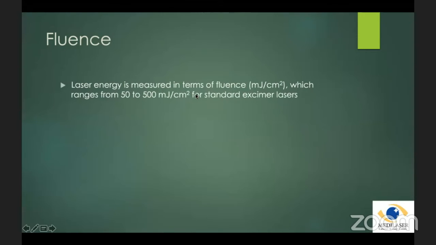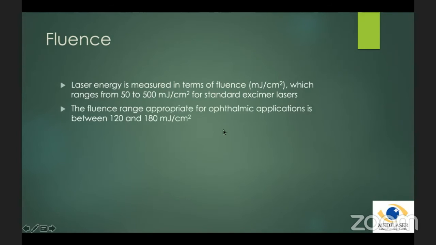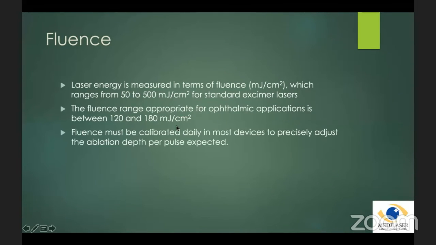The laser energy that is measured is described in terms of fluence. That means millijoules per centimeter square. And the minimum threshold is about 50 millijoules for photoablation to actually occur. In ophthalmic practice, usually the laser machines emit 120 to 180 millijoules. That is the range for the fluence of a machine. And as you know, the fluence has to be checked before every treatment to ensure that the energy delivery is as expected. So we usually use either metal foils or PMMA plates.